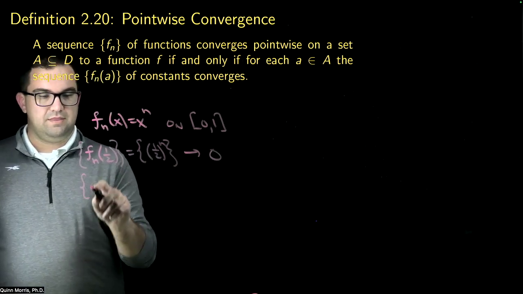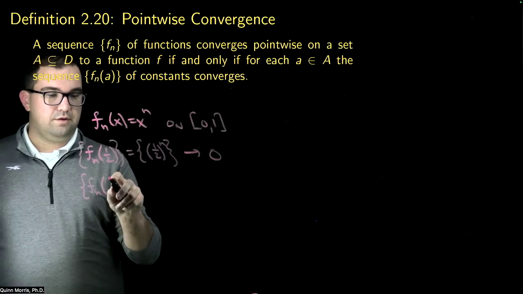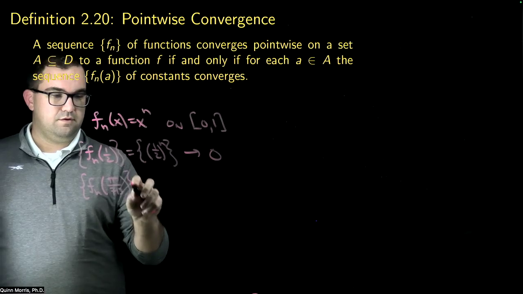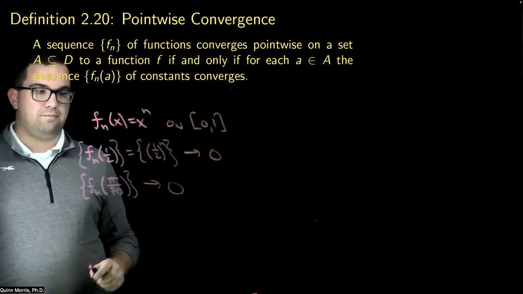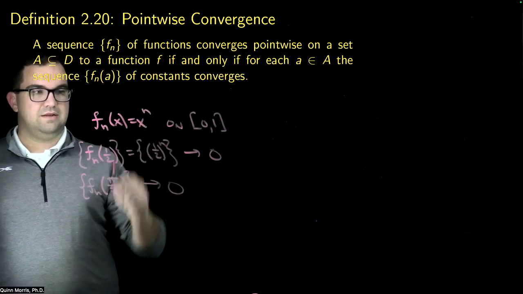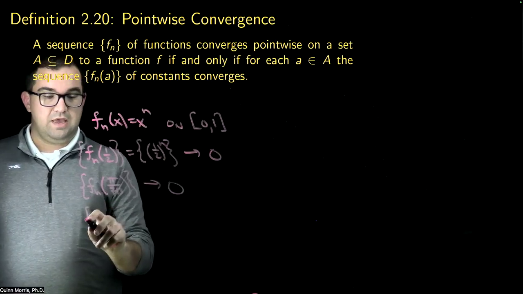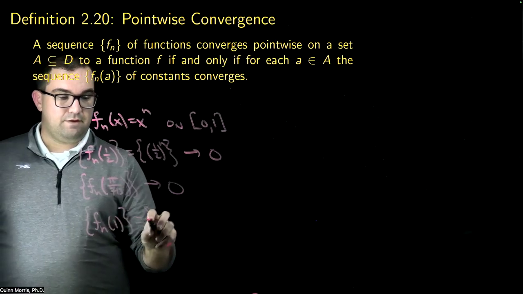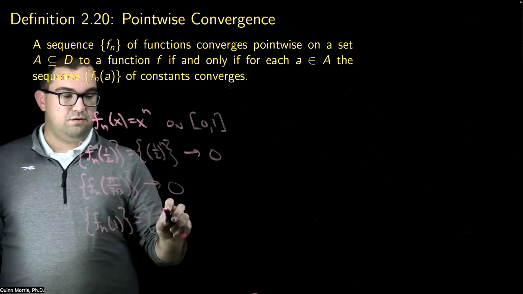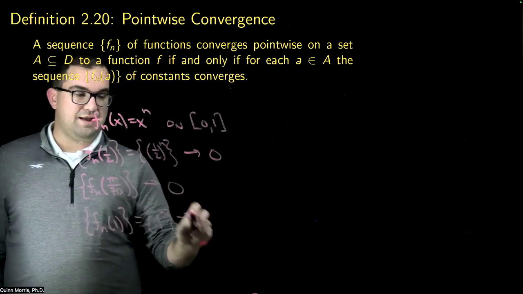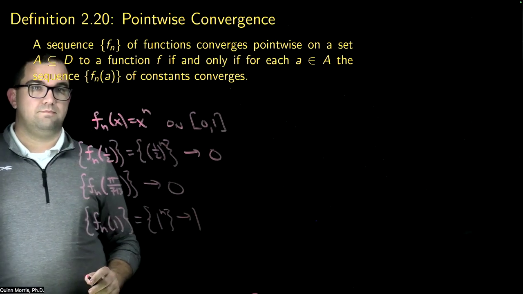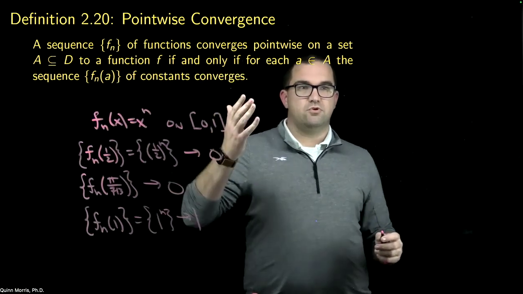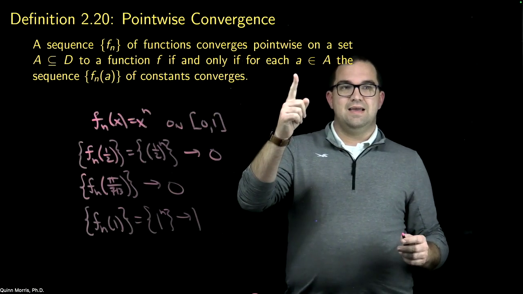And then I could repeat this for pi over 713, and I would see that if I plug pi over 713 into this function, it'll converge to 0. If I plug in 1, this will give me the sequence 1 to the n, which is just the constant sequence 1, that converges to 1. But the idea of pointwise convergence is I converge pointwise on this set A if for each a value I plug in,